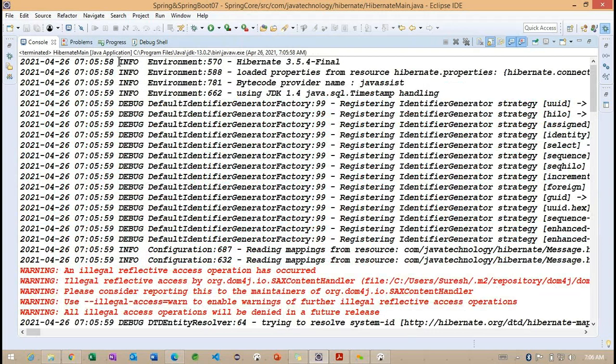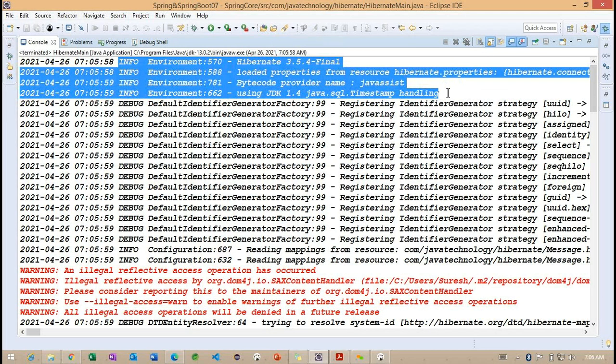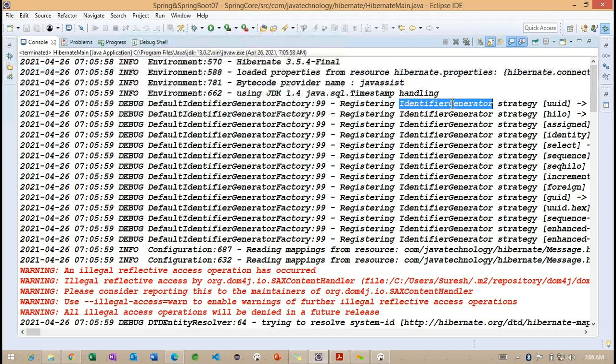These are the information levels we are finding because we made the root level info, which takes high priority and provides the information. And later we have the identifier generator. We identified this identifier generator here. To make the primary key information, we are going to work with this generator class.